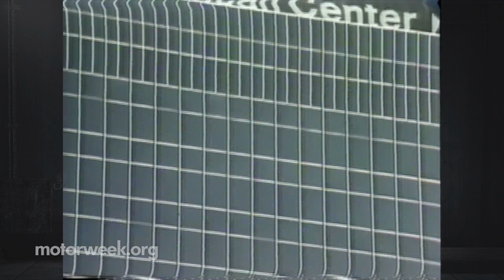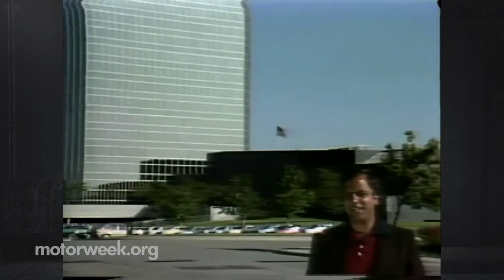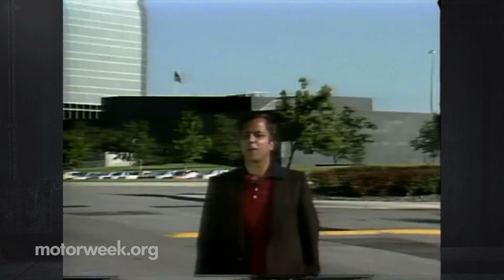This gleaming tower is known as the American Center. We're now in Southfield, Michigan at the U.S. headquarters for the American Motors Corporation and its French partner Renault. AMC is best known for its Concorde, Spirit, and Eagle lines, along with the rough and ready Jeep. But as Renault plays a bigger part in AMC's future, the French way of doing things is slowly becoming more